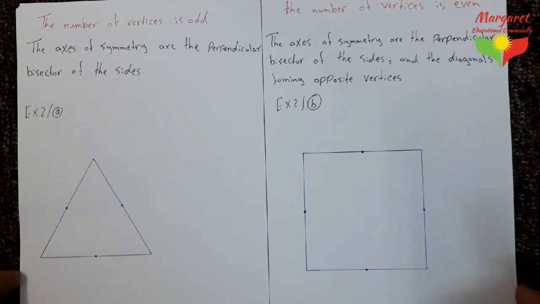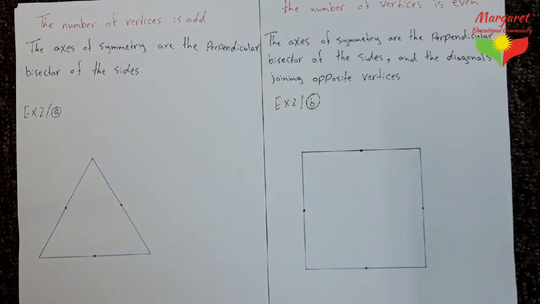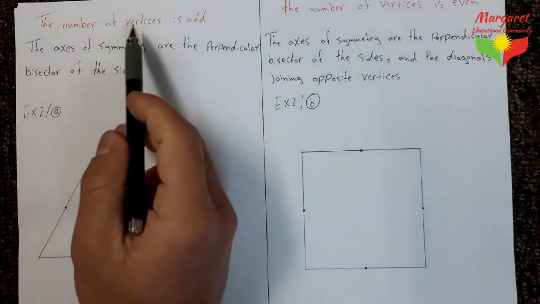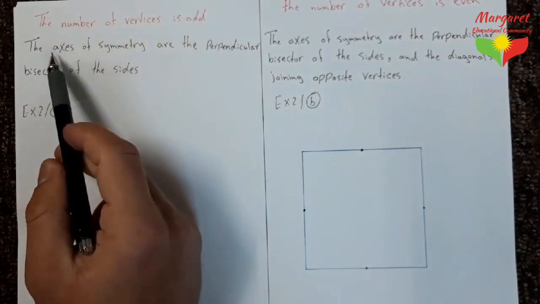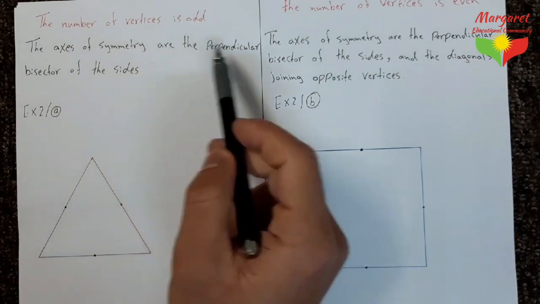Regular polygon is a polygon that all of whose sides and angles are congruent. If the number of vertices is odd, the axes of symmetry are the perpendicular bisectors of